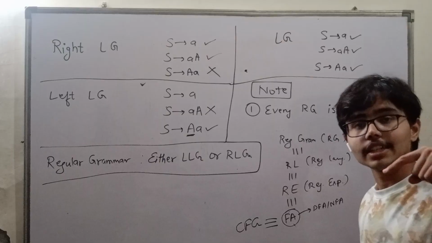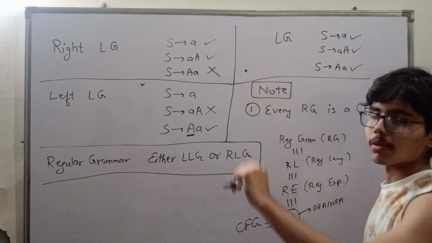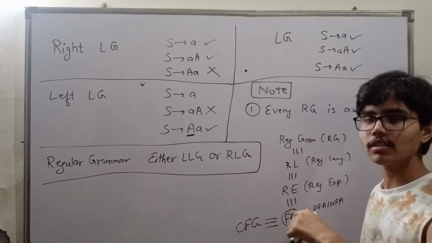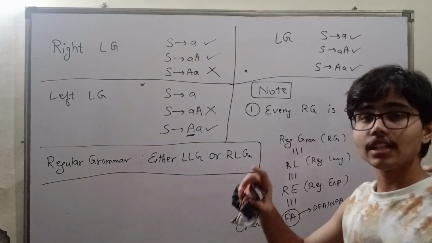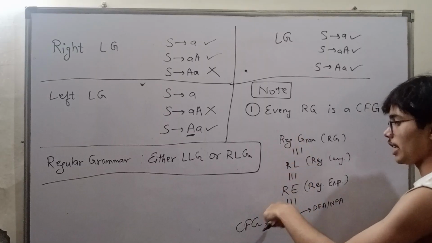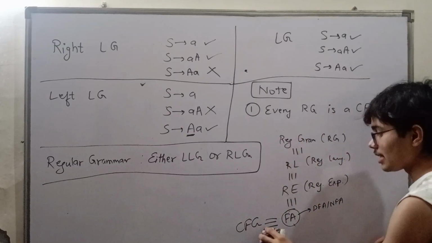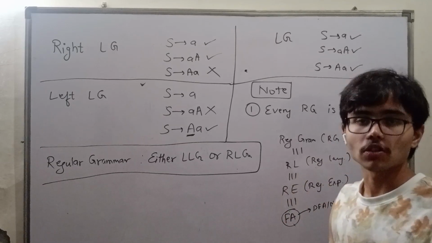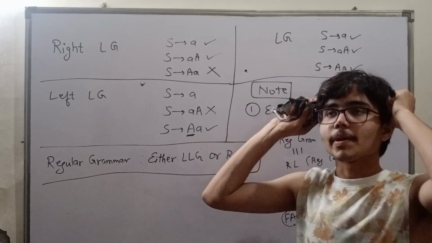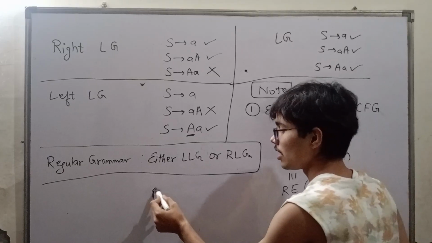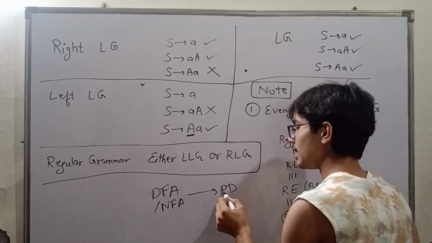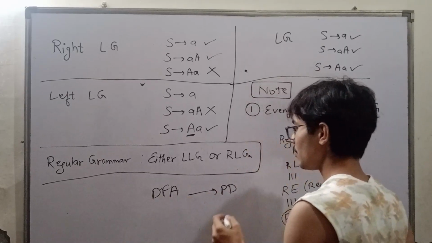How? When we study PDA, and here we study many more things, PDA and DPDA, similar things, then we add more things in this scenario, and you can analyze this chain more efficiently. Then we will see many questions where we convert a DFA or NFA into PDA. So you have to remember, yes, I convert a DFA, or you can say NFA, into PDA. Now we only talk about DFA to PDA.